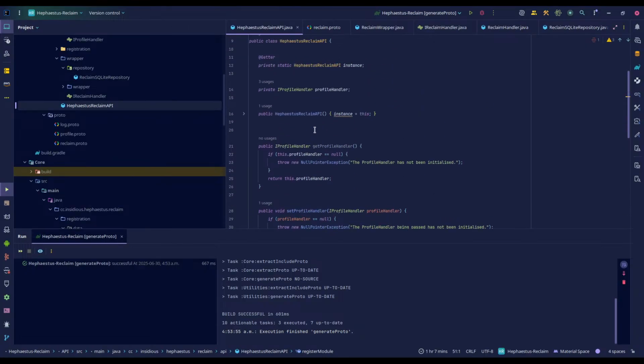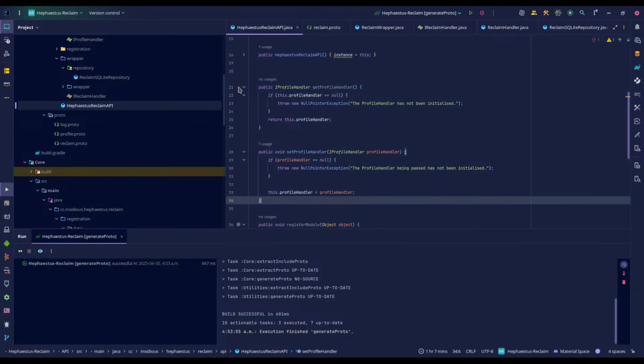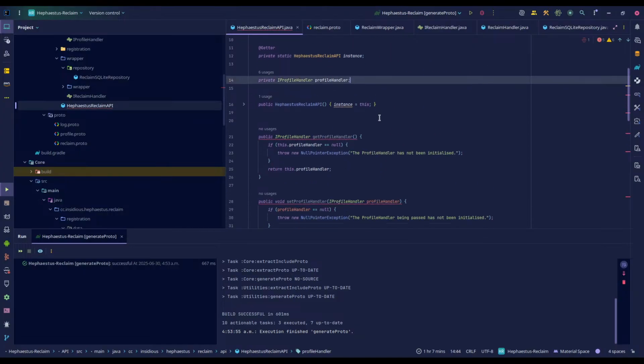So then when we initialize it, we will basically just paste this twice, do